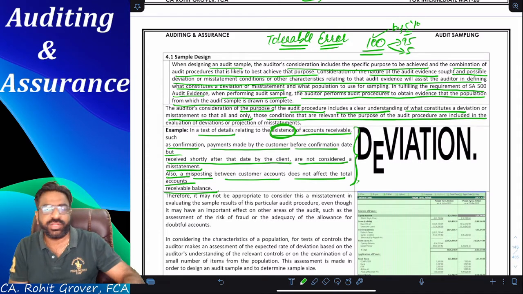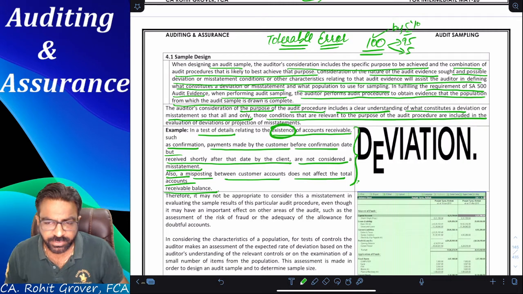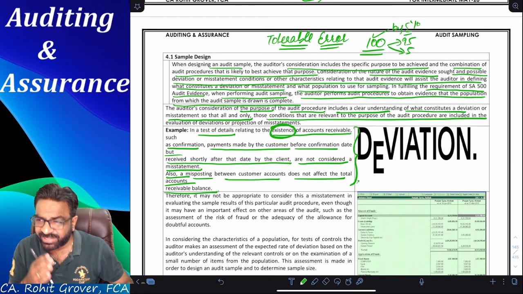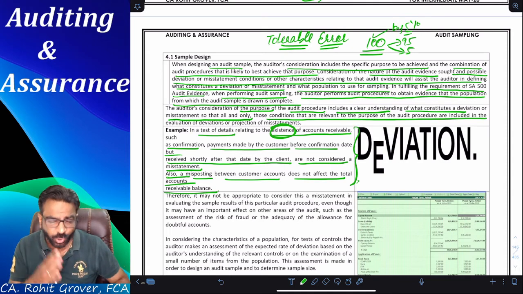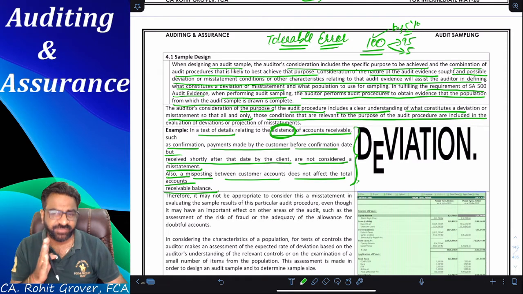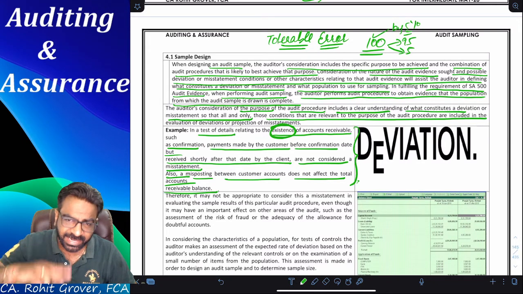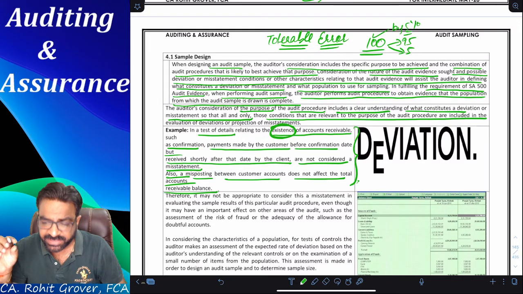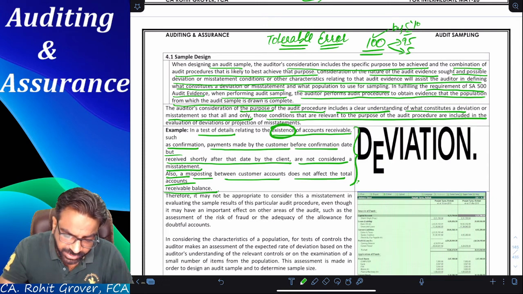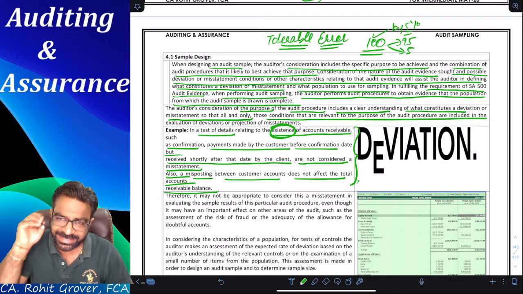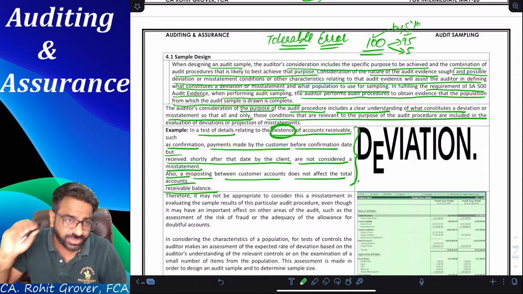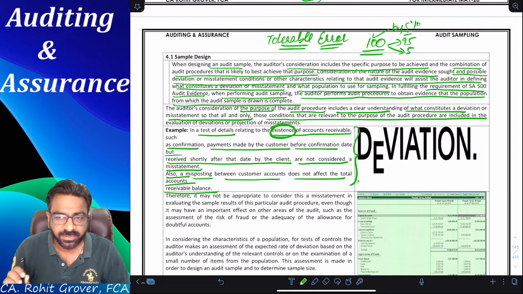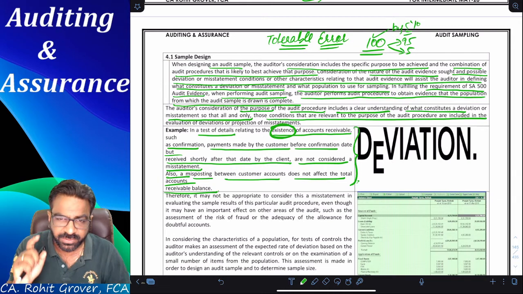Did you understand the meaning of deviation here? Everything which is deviating or changing from your expectation will not be shortlisted as a deviation, because deviation can be of two types. It can be intentional. Say, for example, you found out that your debtor has intentionally given you the check in such a way that he knows the bank holiday is coming in the next week.